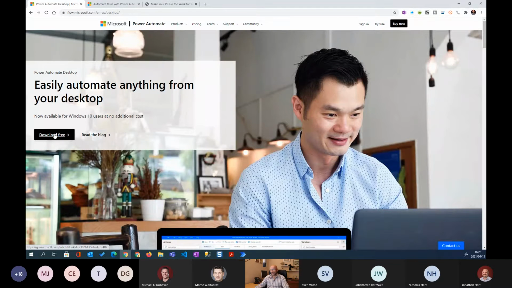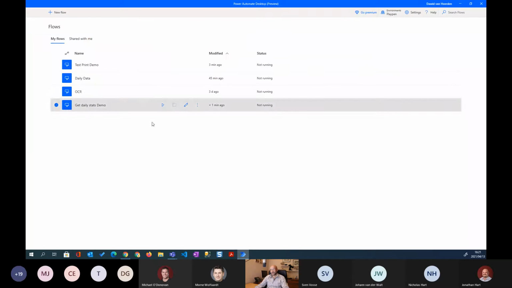Right, so to install it, you can go and download it for free. It's a very simple install. And after you've done that, you can launch it by clicking on Start, Run, clicking on Power Automate Desktop, or in your task menu. This is not a second screen, so it's not showing me here. But there's a little blue icon that you can double click on that'll actually launch this screen. Right, so this is your studio client.